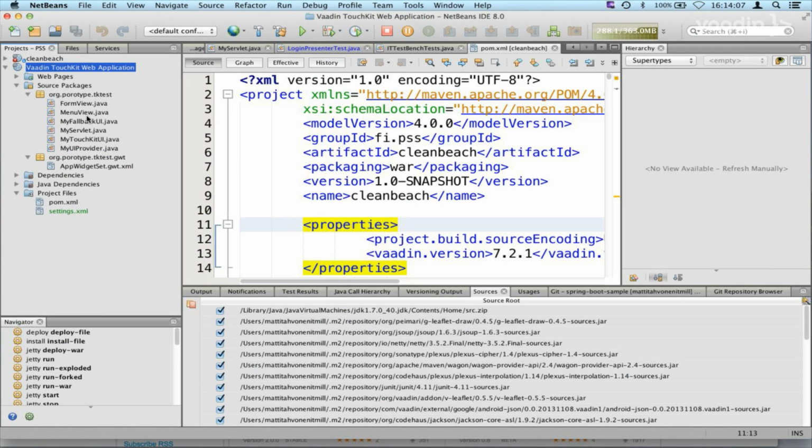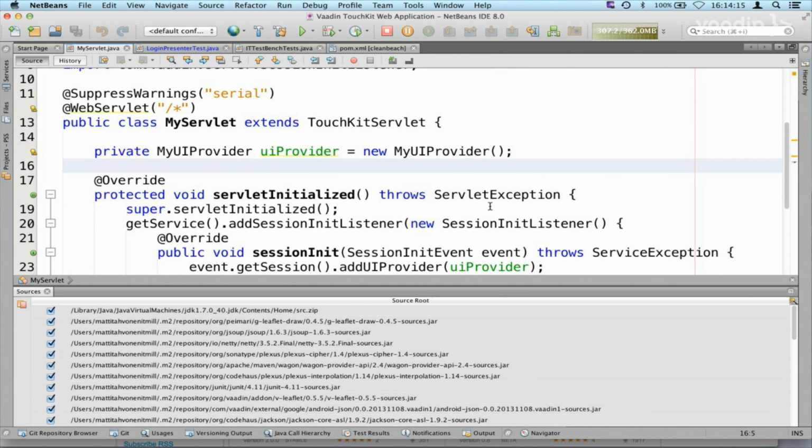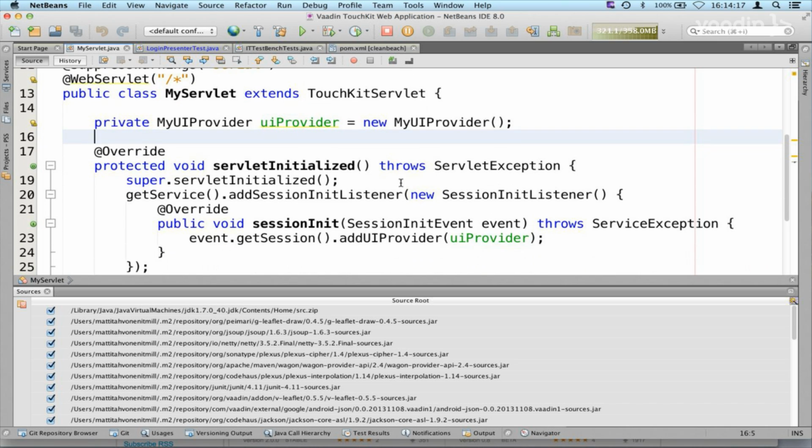There is one tricky part when you want to use Vaadin TouchKit and CDI. Usually our Vaadin TouchKit examples use their own custom servlet, and also our CDI examples use their own custom servlet. So the trick is to merge the functionality there and then start using Vaadin CDI injection chains in Vaadin TouchKit applications. So let's create an example of how that is done. We can code it live because it's a pretty easy task. So this is actually just a Vaadin TouchKit project created by our Maven archetype, and this is the servlet class there.